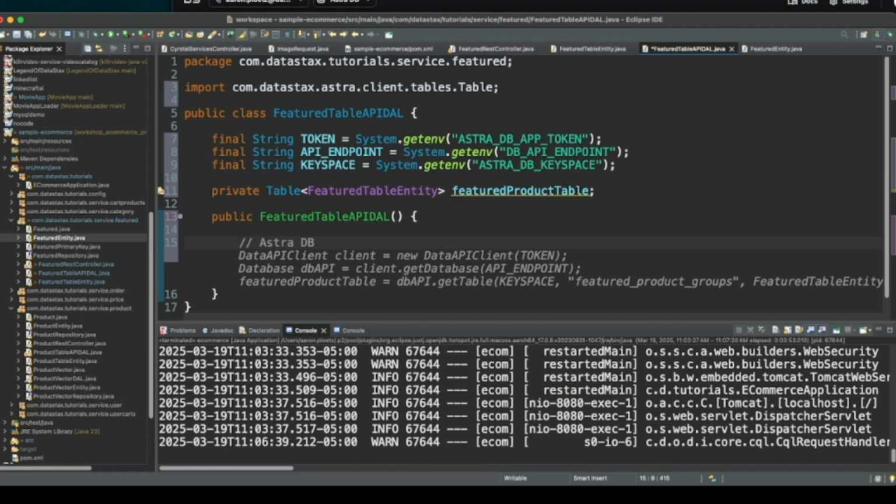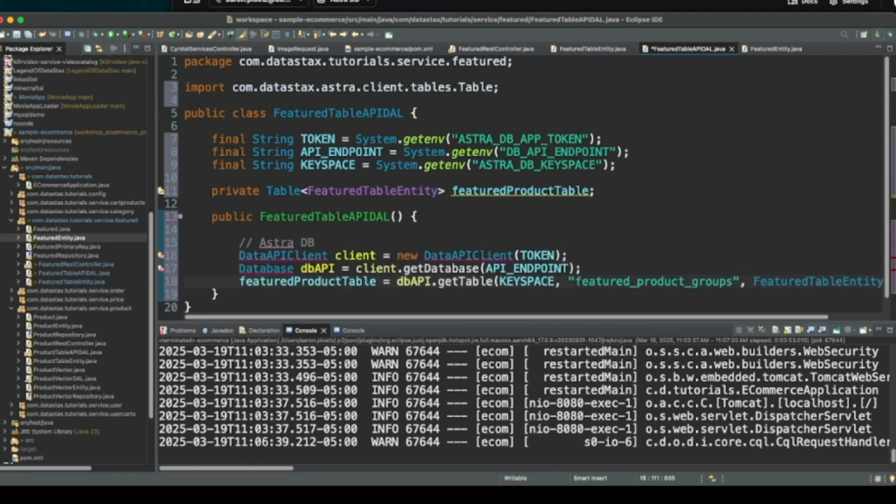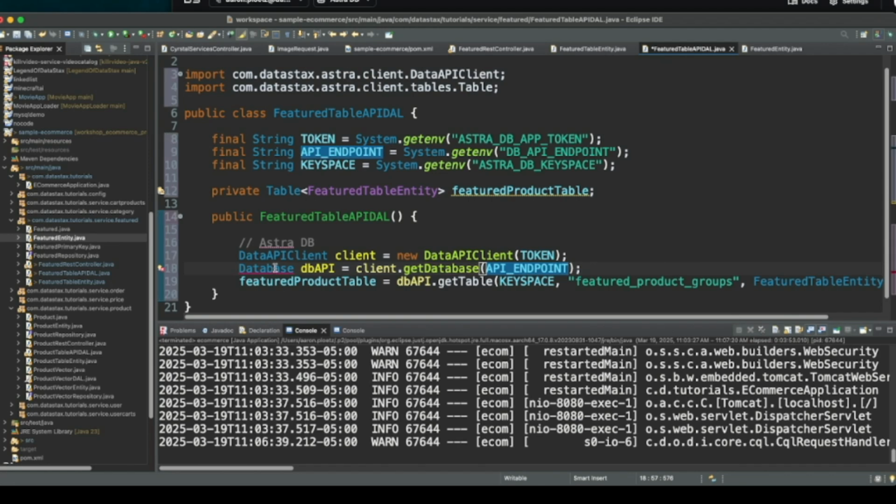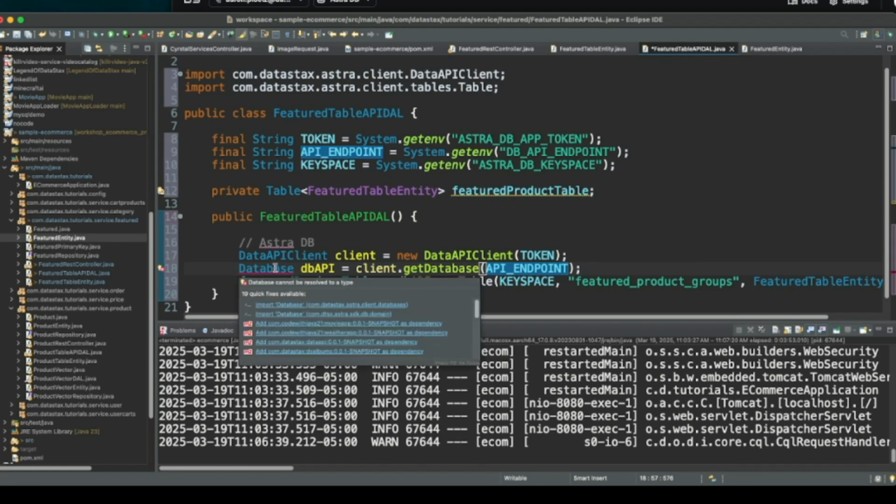Just like when you're using the data API, you do want to connect and build a data API client and database object. So I'll just hit tab here. This is mostly correct, but as those of you who have used Copilot know, a lot of times it's good at suggesting things, and that's where that ends.